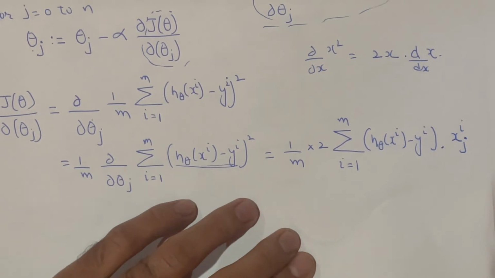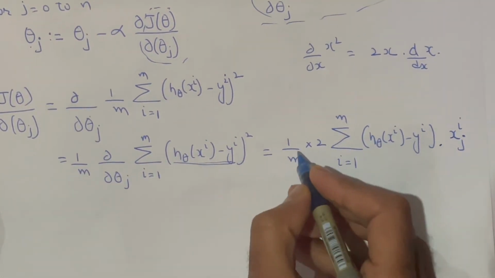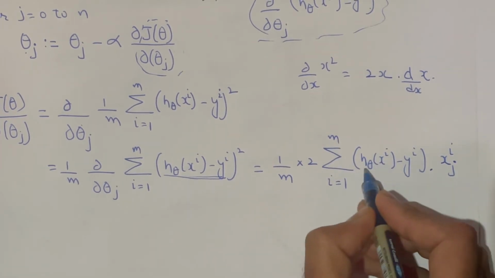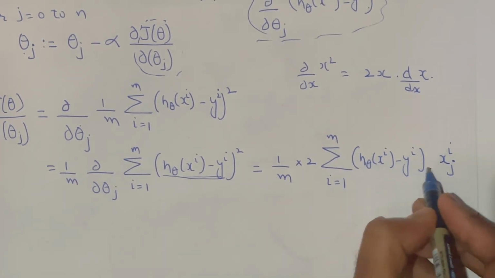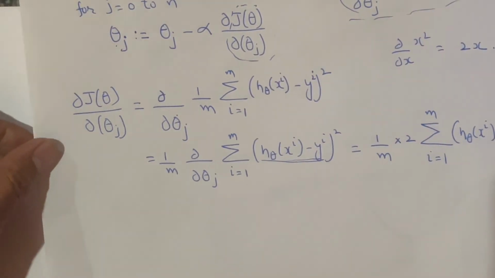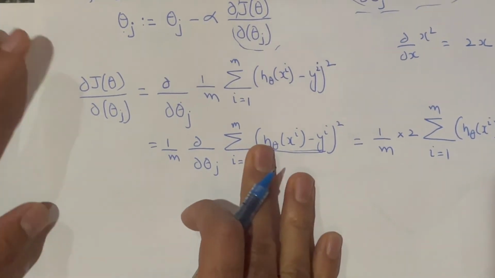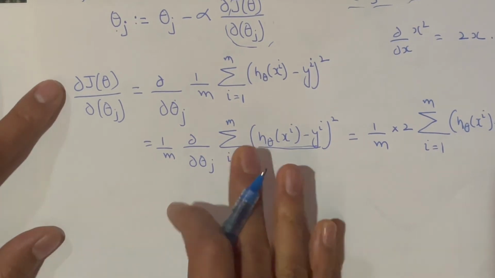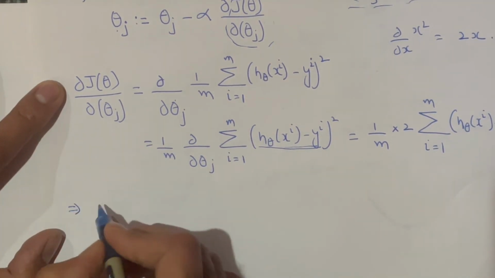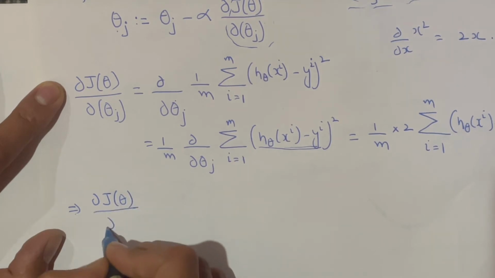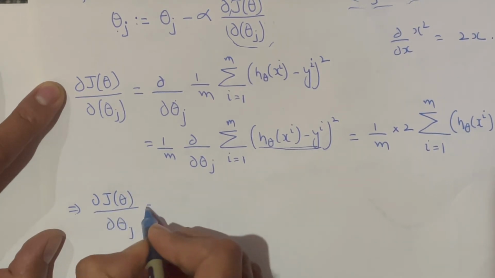Okay, 2 by m summation i running from 1 to m h theta xi minus yi into this. Okay, so let me write it in clear terms now. So I have to do one thing. Yes, so this implies j of theta with respect to theta j is equal to 2 by m